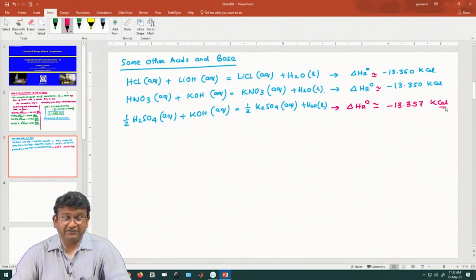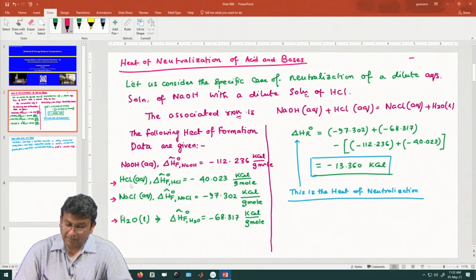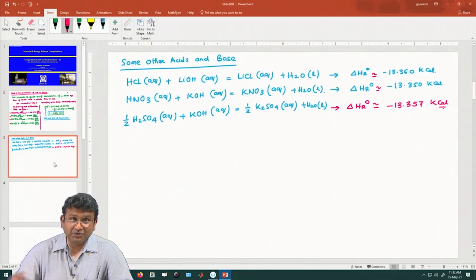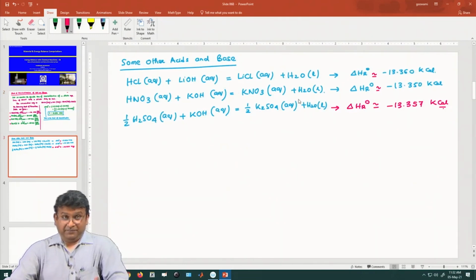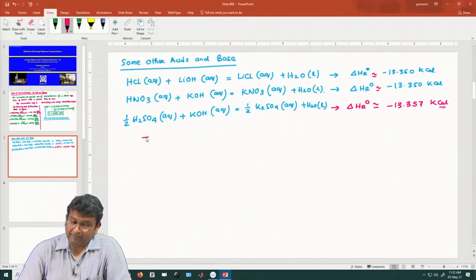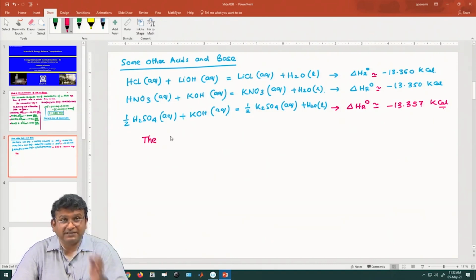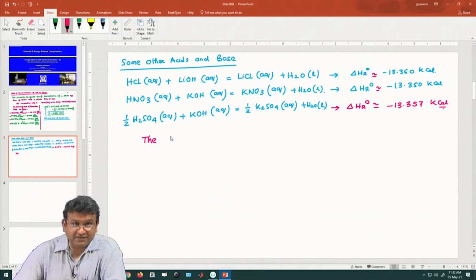So, it is actually a perfectly valid question that I provide the heat of formations of these compounds and ask you to find out the heat of neutralization of any one of the reactions. Yeah, it turns out, so here is a take home message. The heat of neutralization, what is the take home message? Can anybody guess? Had it been a class, I would have paused for a couple of minutes, allowed the class to respond, and I would have dug out the answer amongst the students. Now, what is the take home message? The take home message is the heat of neutralization